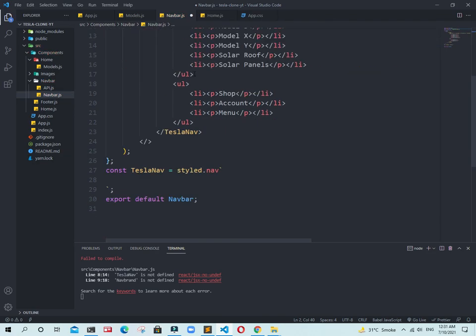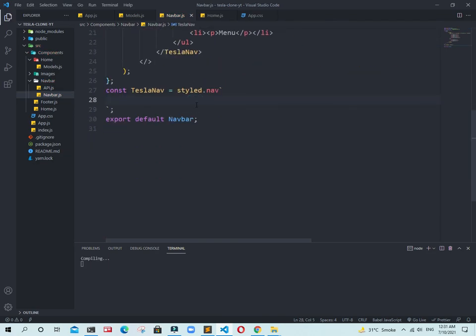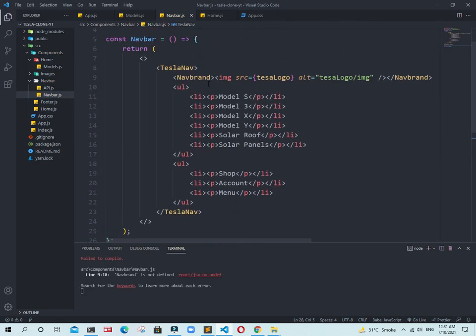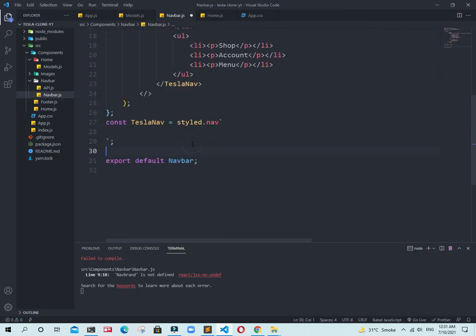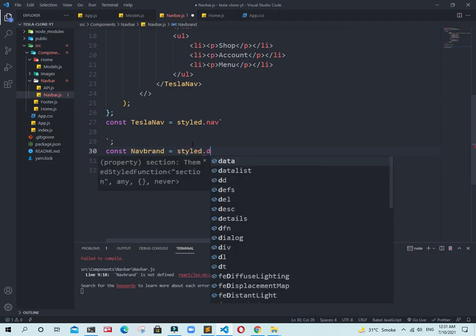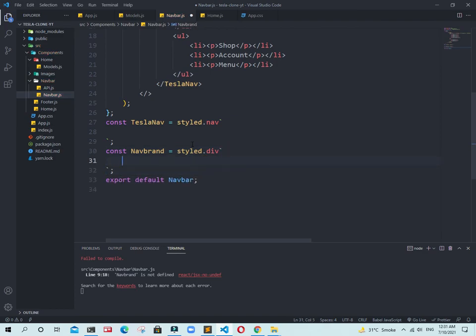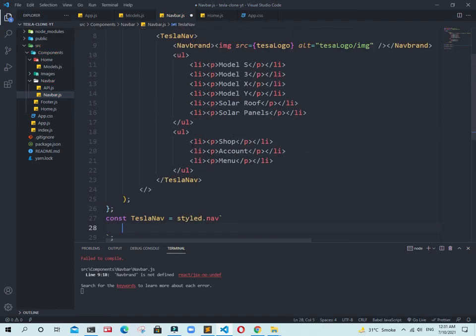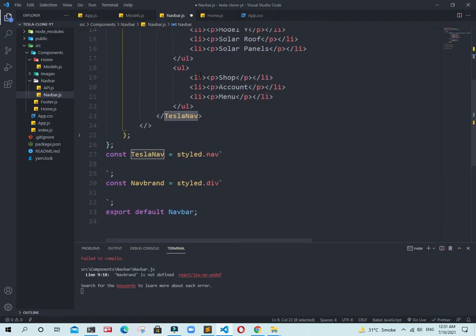Yes, it's very good. First of all, we need to add a flexbox there, and again I am defining this one. Yes, NavBrand, styled dot div. First of all, we need to add a flexbox in the TeslaNav and ul.